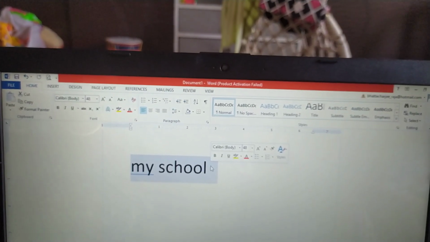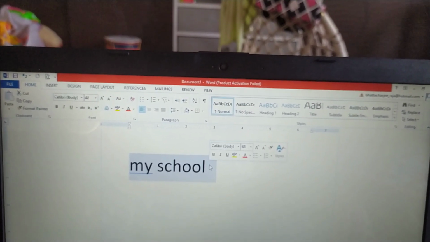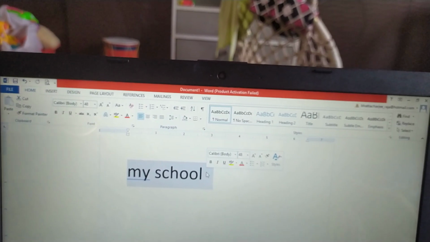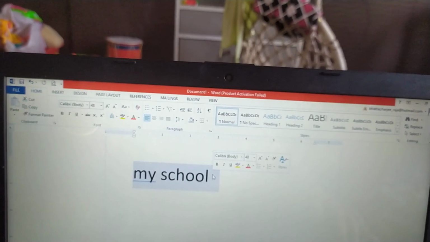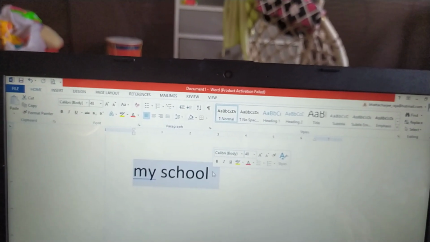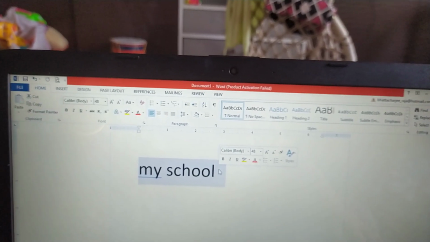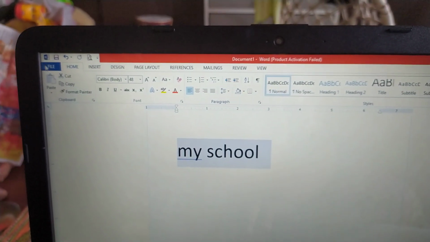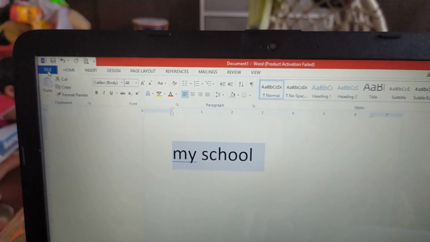Insert mode. There are two modes in Word. First is the overtype mode, next is the insert mode. Using the file tab option, we can select the different modes.